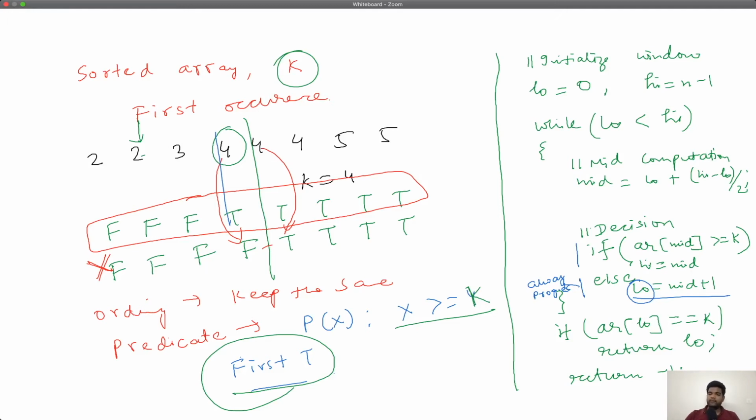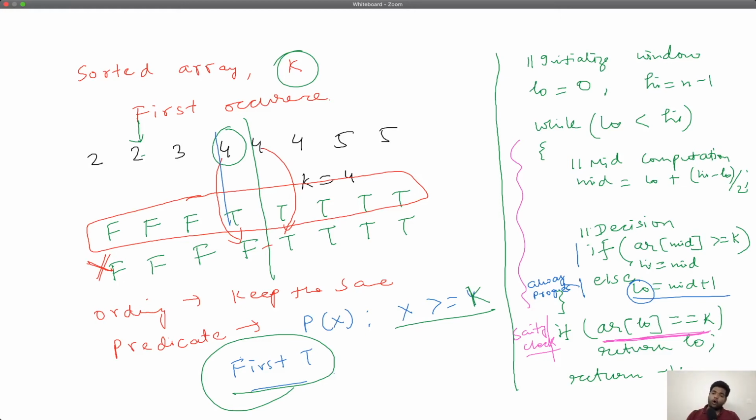What is the sanity check? I will repeat again. You are left with one element and you have to ensure that this is truly the element that you are looking for. So how do you make sure that it is truly the element that you're looking for? It has to be equal to k, right? Then you know that it is guaranteed to be the first occurrence because of the way in which the searching has unfolded. So that's why you do the sanity check: is the element at the last position that you're left with equal to k? If it is equal to k, you found it, so return the index.